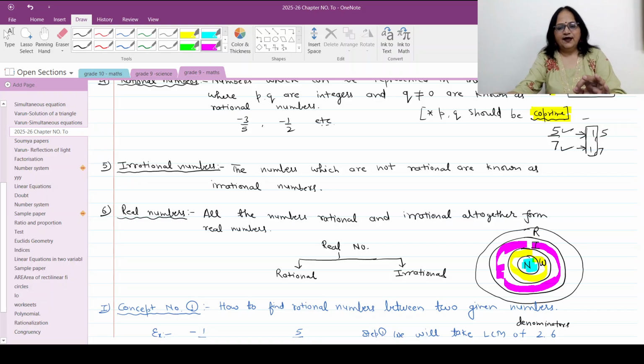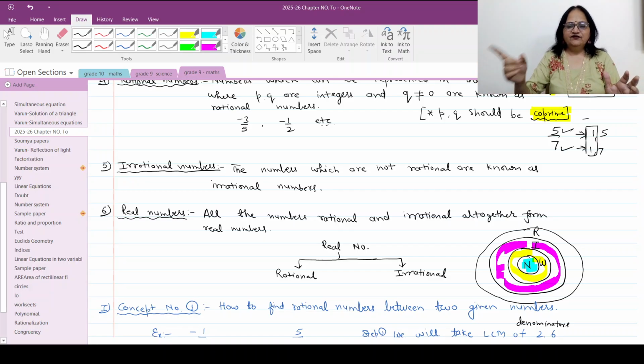So let's do a quick recap. Natural numbers are numbers starting from 1. 1, 2, 3, 4. These are the counting numbers, right? Then the whole numbers starting from 0. 0, 1, 2, 3 and so on. So we can say that all the natural numbers are whole numbers, but all the whole numbers are not natural numbers, because 0 is a whole number which is not a natural number, correct? Then we come to integers, means all the negative numbers, 0, and all the positive numbers are known as integers.